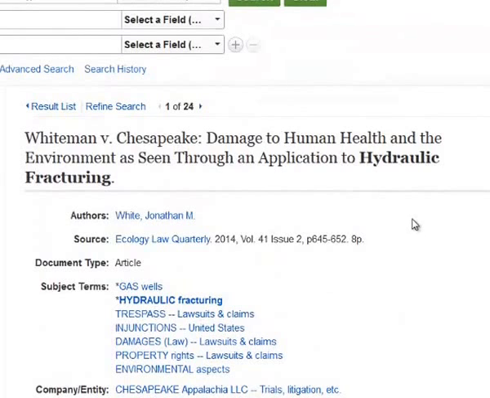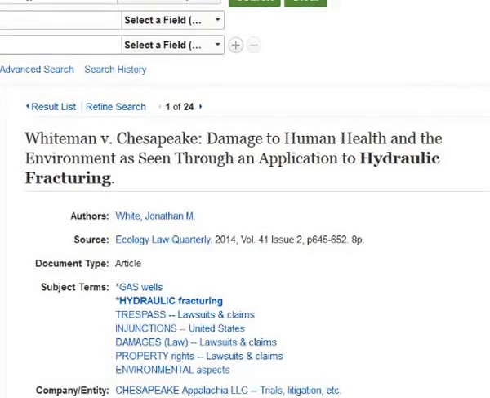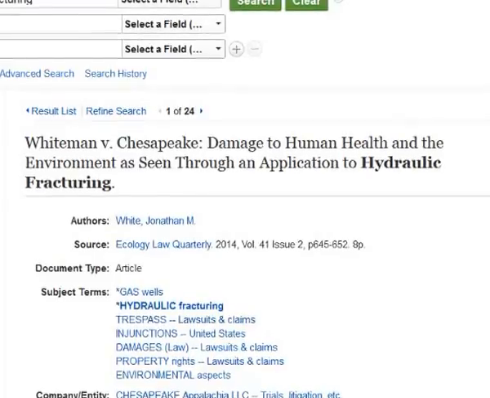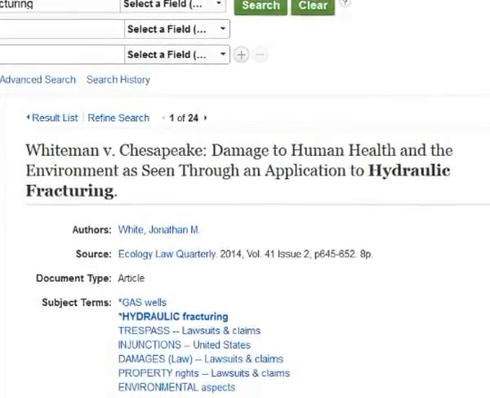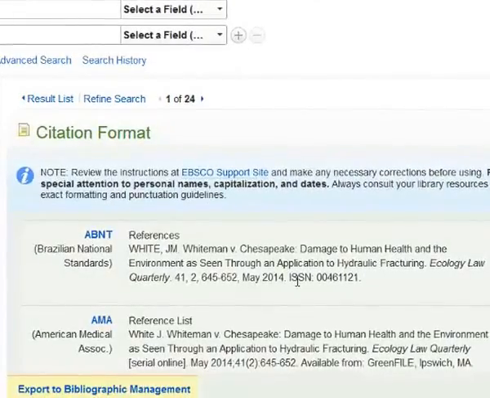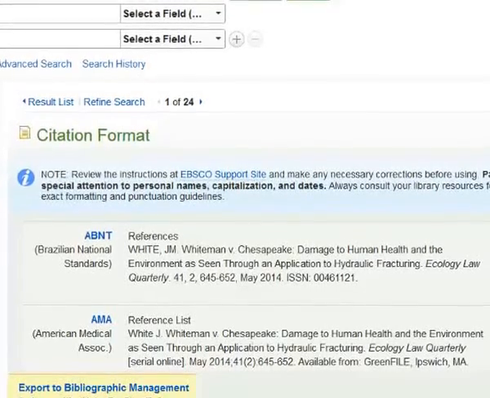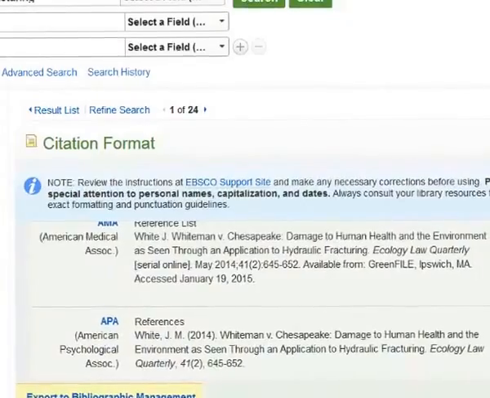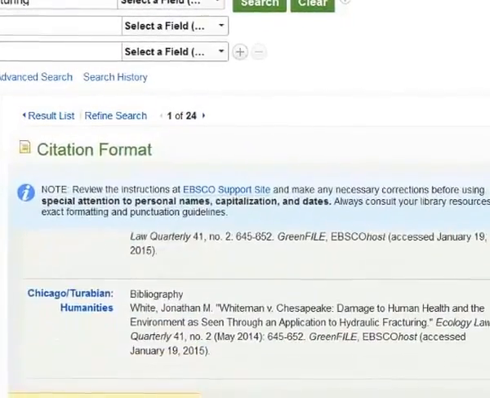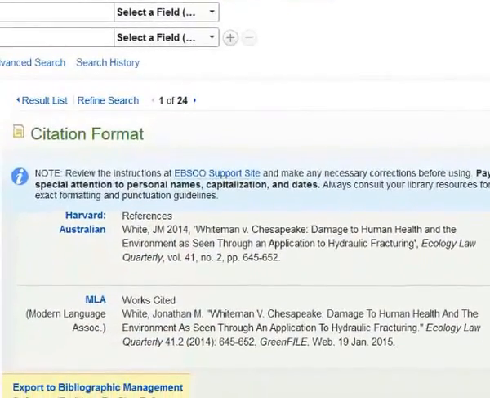Okay, I'm going to show you some other little things here. Here you can remove from the folder. You can print it. You can email it to yourself. You can save it. You can, look at that. You can cite it. Ooh, let's see what that is. Alright, here we have all the different formats. ABNT, AMA, APA. Well, we're doing MLA, so we go down to MLA. And here it is. Now, all you have to do is copy and paste this into your Works Cited, but